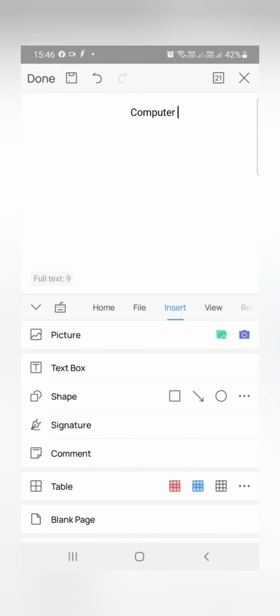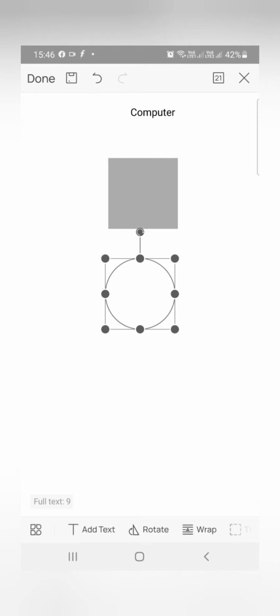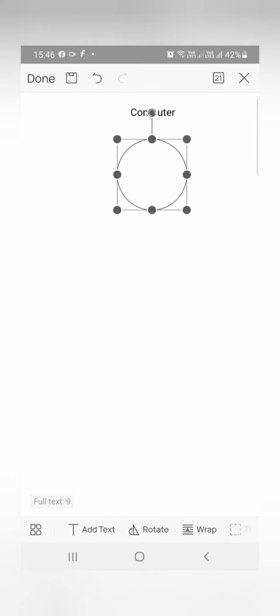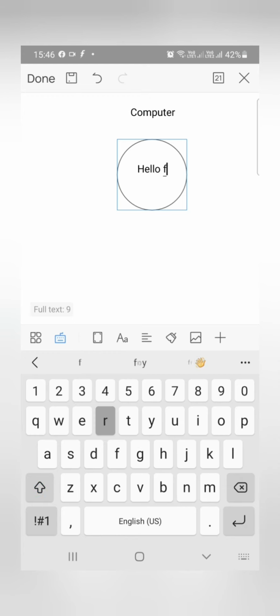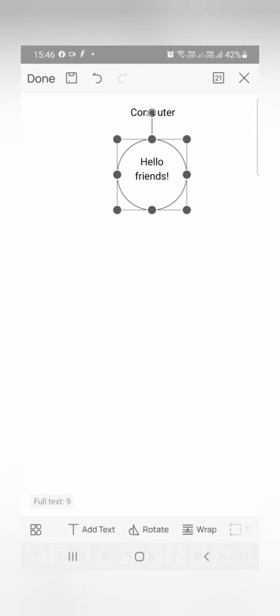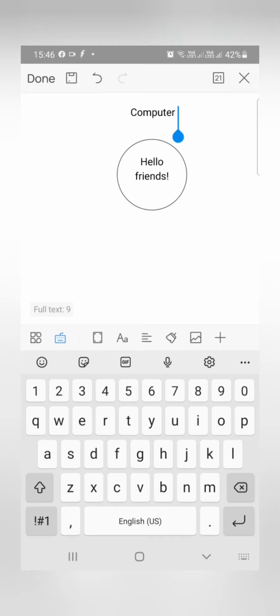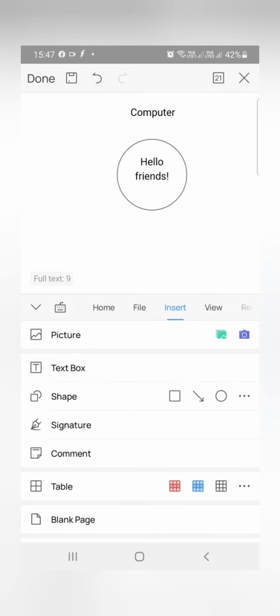You can insert any of the shapes. Like I'm inserting a circle, I can move that shape. I can add text inside the shape. Then if I would like to write after this, or I would like to do something else, I'll press the enter key. My cursor will come down. Although I have selected center alignment, that's why my cursor is in the center only. I can change the alignment.